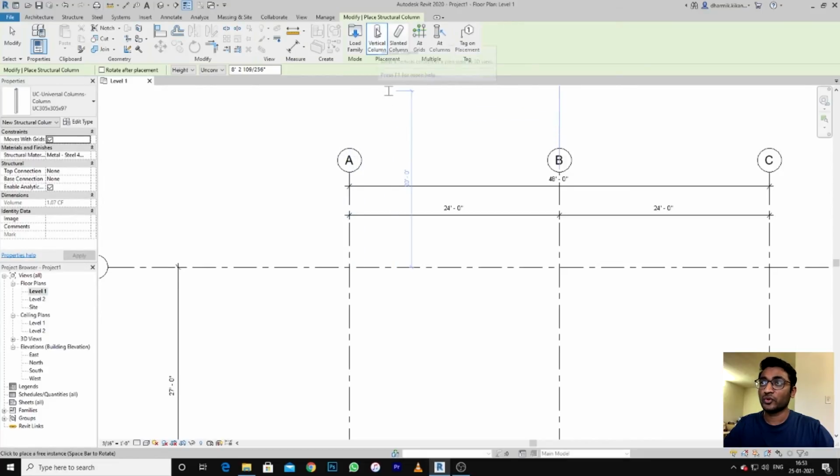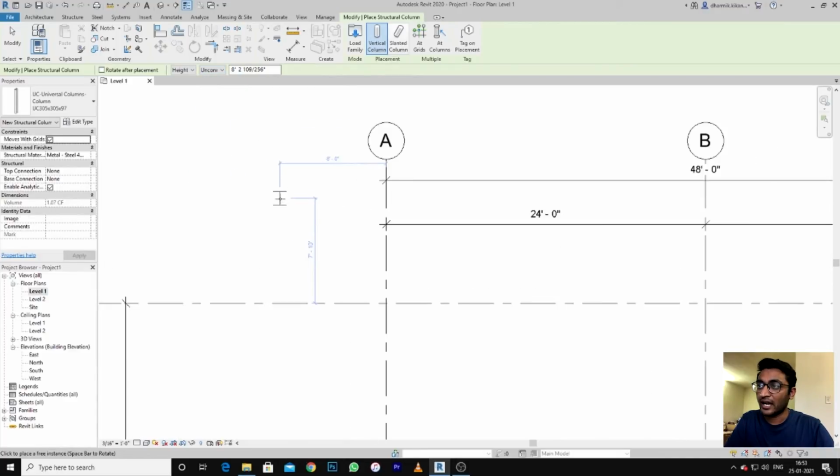You have to choose vertical column or slanted column. You have to select vertical if it's not selected. And here you can see some height and depth. Select the height. It gives us the height of the column from level 1 to level 2. You do not change it here, you just need to unconnect it.